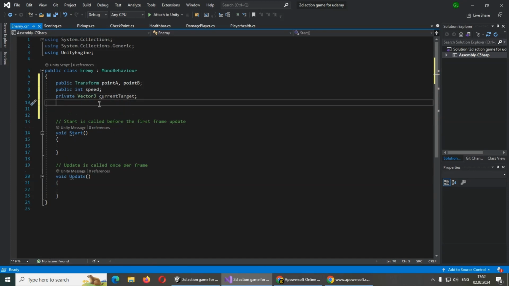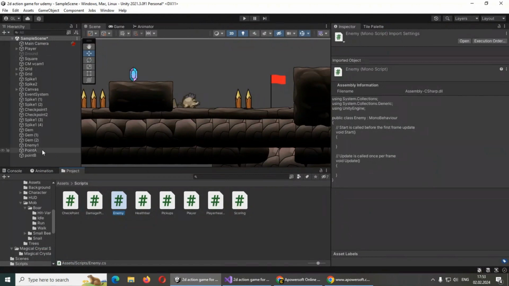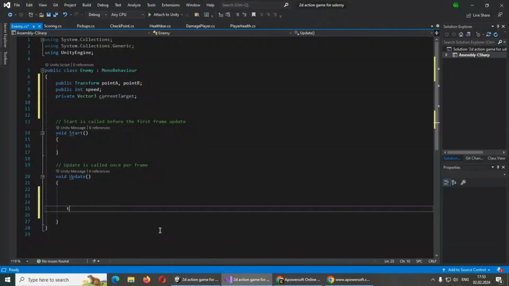And yeah, that's pretty much all the variables that we need for it. So in the update, first of all, to move our game object, as I said at the beginning of the course, there are a few ways. With our player, we use the rigidbody's movement, rigidbody.velocity, but there are other ways we can move our game objects. And since our enemy doesn't have any kind of rigidbody, because it doesn't need any, we're gonna use another alternative way, which is